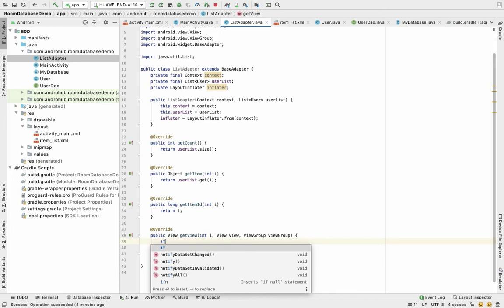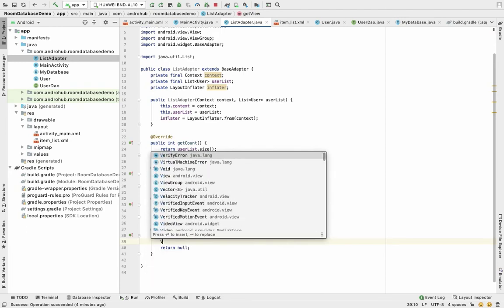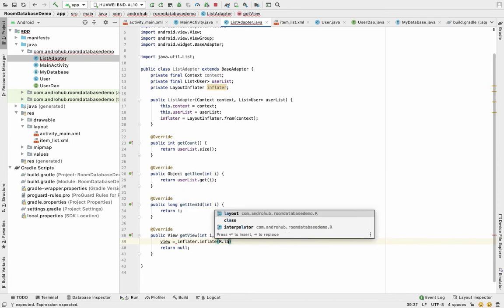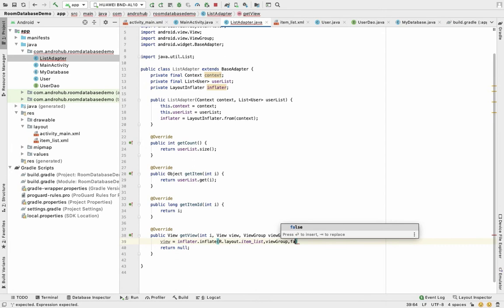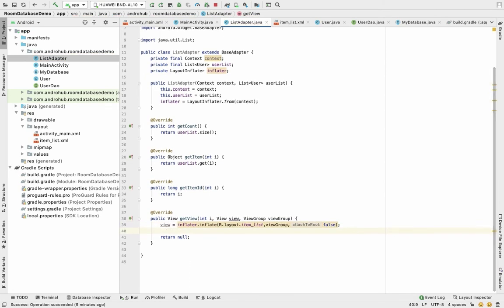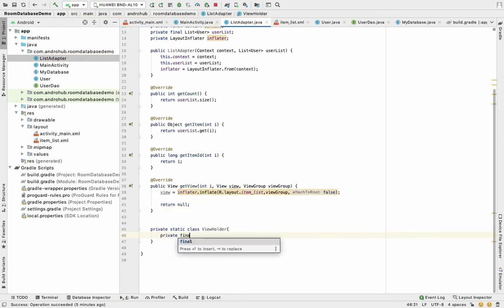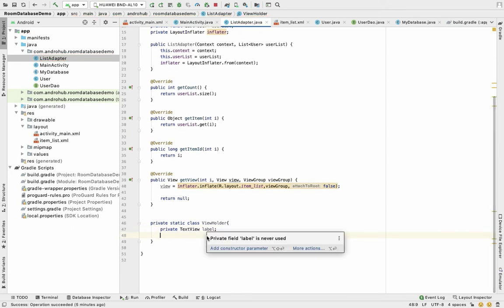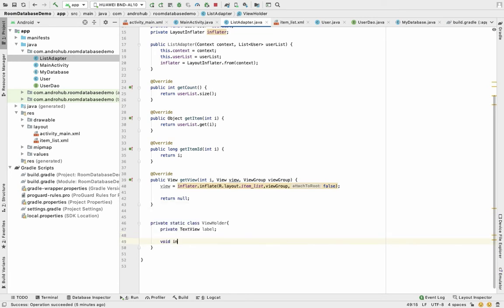Okay, so we have to create our view. V is equal to inflater dot inflate dot layout dot item list, view group, false. Okay, so after this we have to find the id. So okay, so I'll create the static class view holder, private text view, label, initiate view,